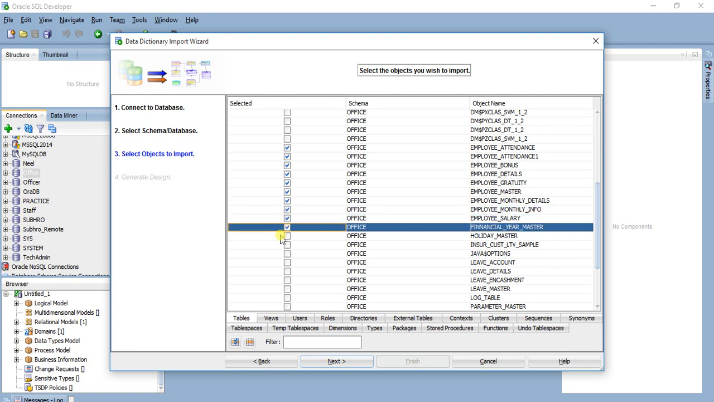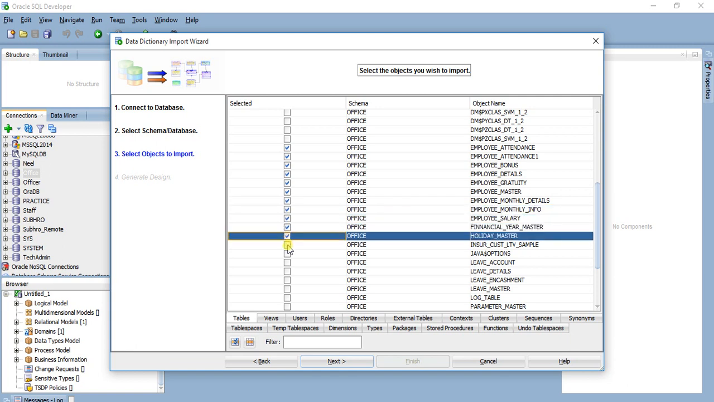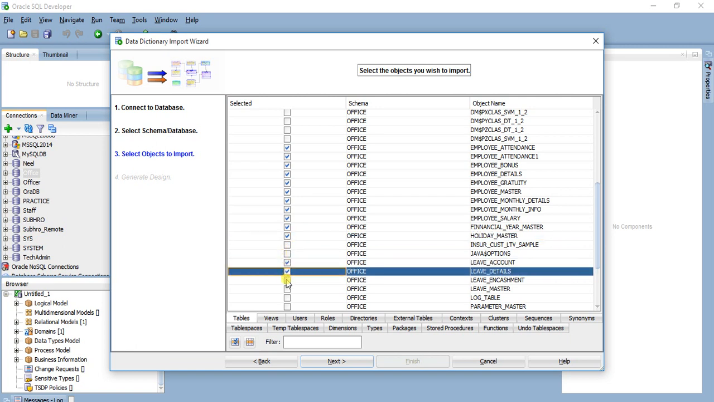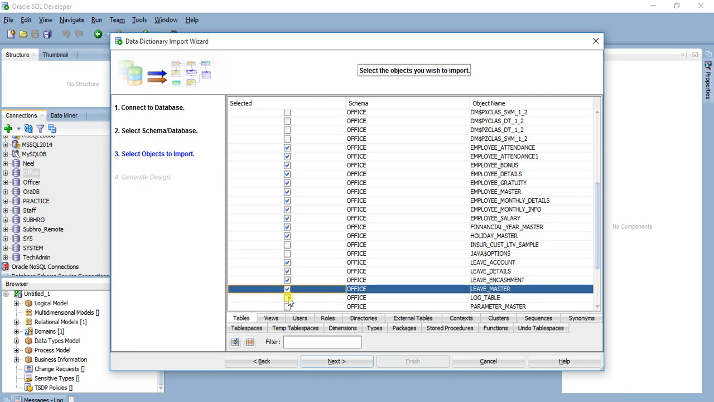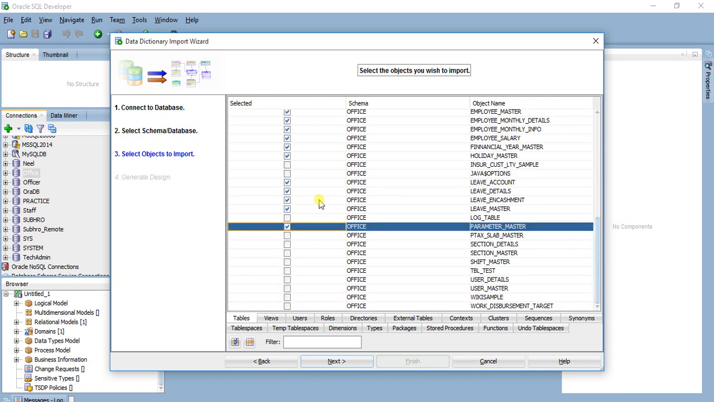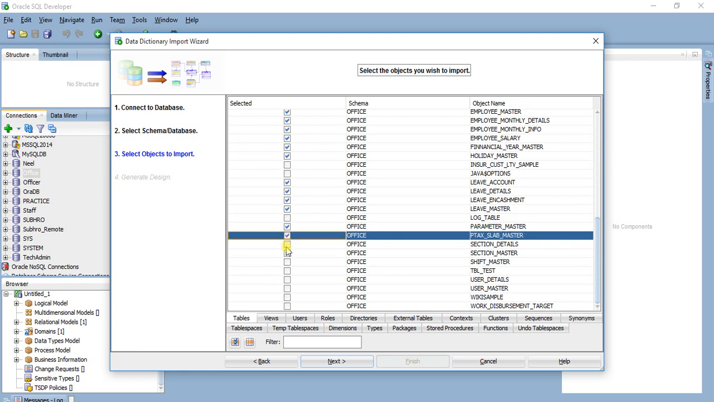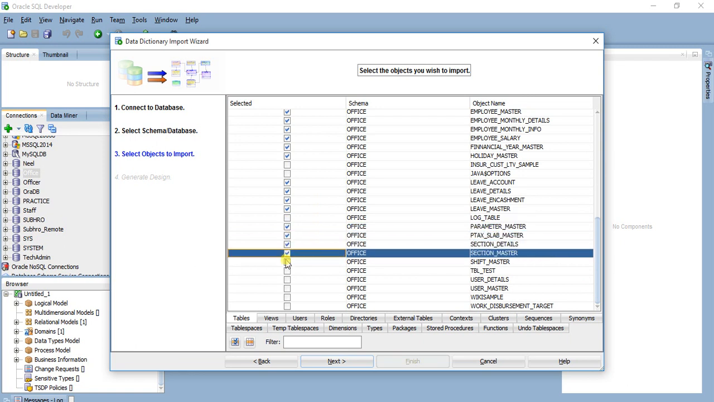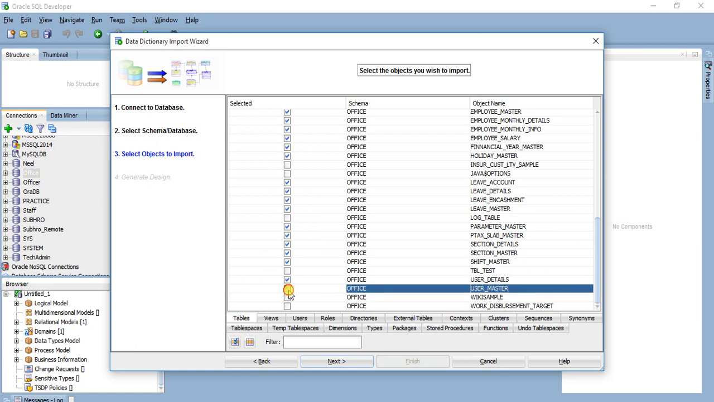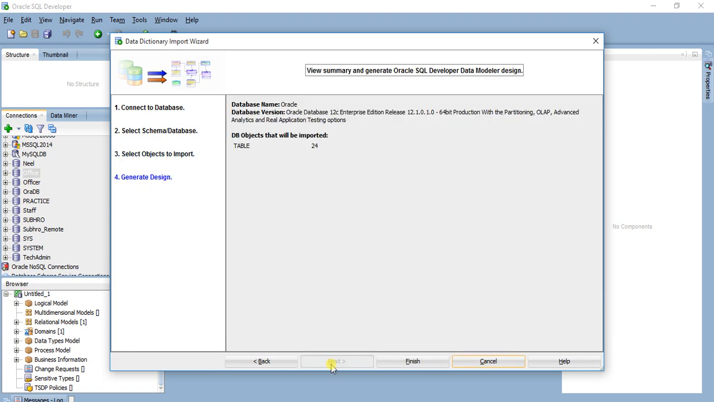We can also do it by selecting all and then unselecting the tables that are not required, the same way. We are done. We have a couple more tables. Okay, so next. We have 24 tables here, and we will click on